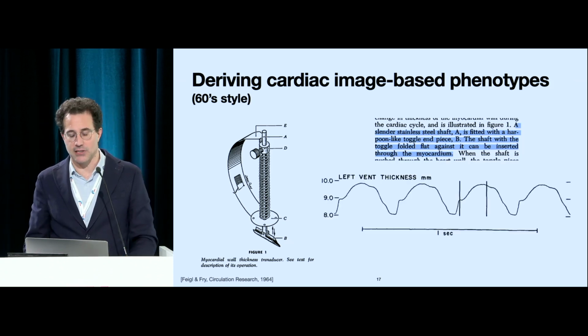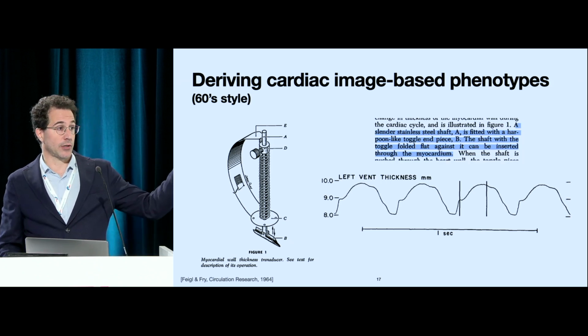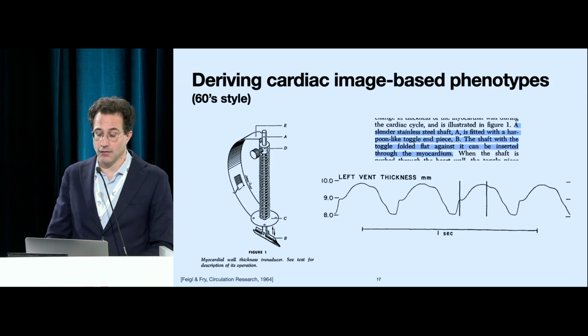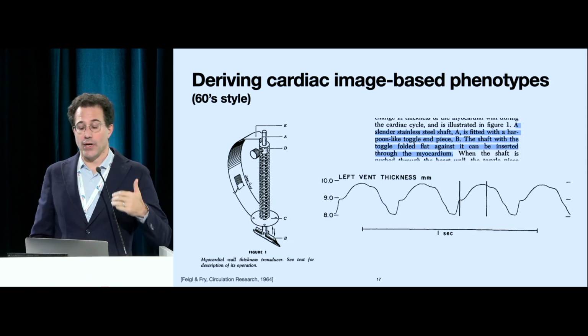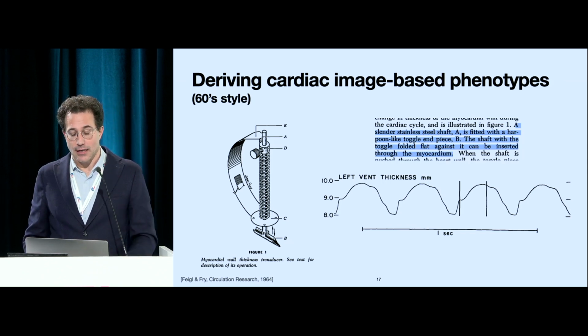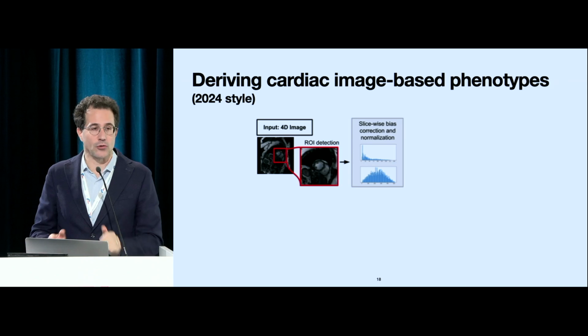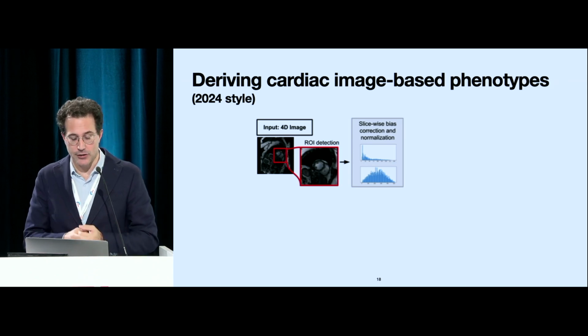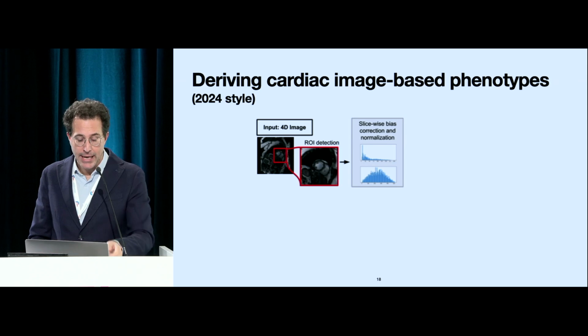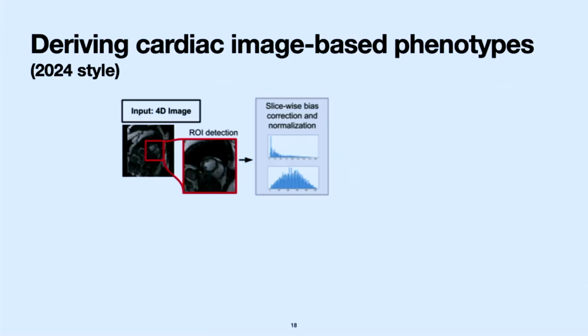So this is then the time series that you get. So that's one way to get your nice image-based phenotypes. Not really image-based, more like a mechanical force-based. We don't think that we can get the ethics to do that, so instead we do image processing. Of course, this is the CIBM, not necessarily biomechanical engineering, but biomedical imaging. So what we take here as input is a pipeline that does take 4D images. In this case, it works on cine images.